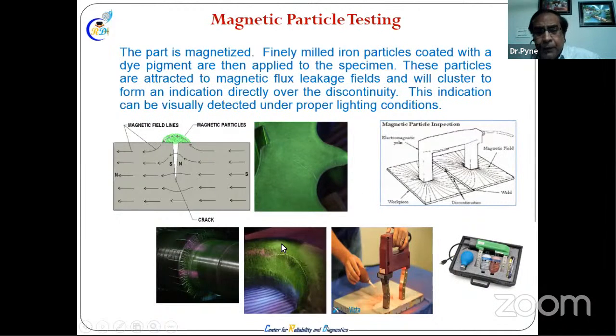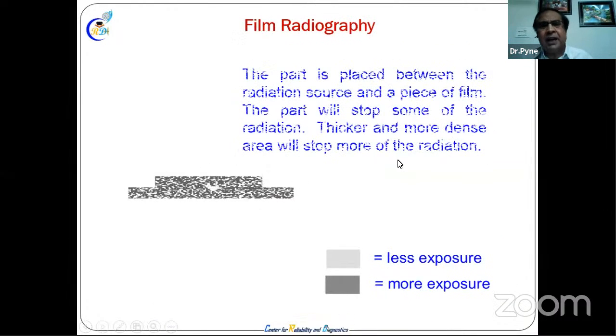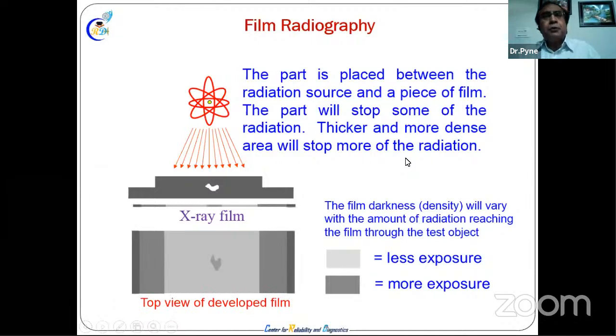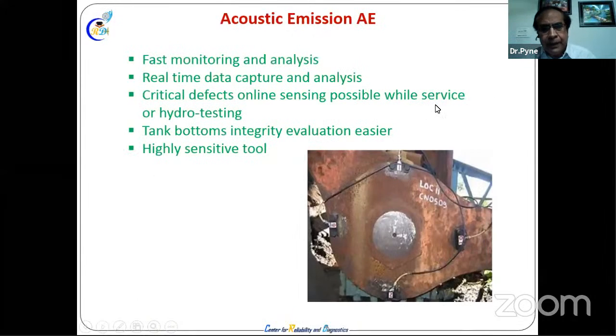And accordingly, if you cannot visualize properly, you can put some colorful spray, a dye, and you will get a clearer idea. Take a photograph, and you can see what is there. So these things are available. Magnetic particle, we will not go into detail. Radiography is just like our X-ray. Here in industry you use more gamma rays, with less exposure. In industry we also use X-ray for advanced technology.